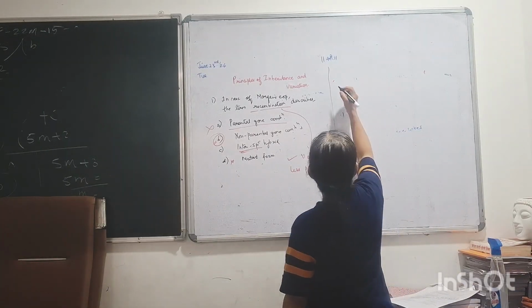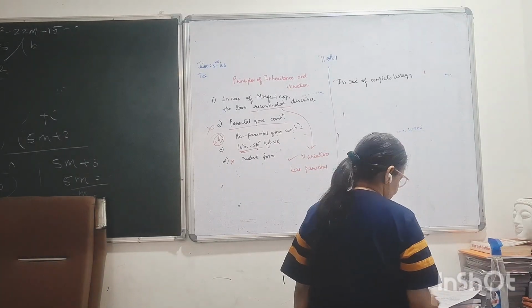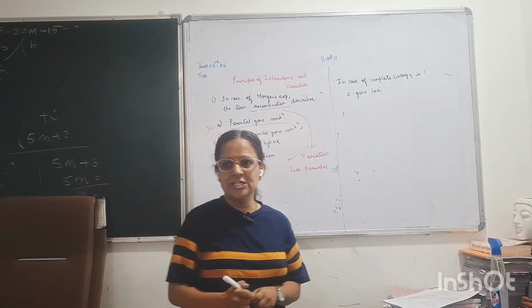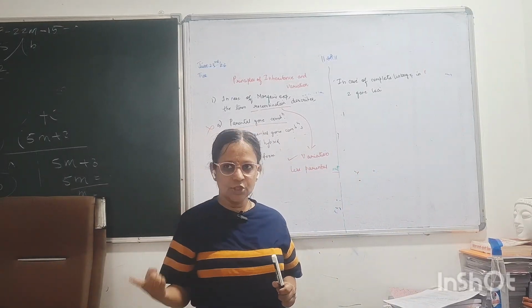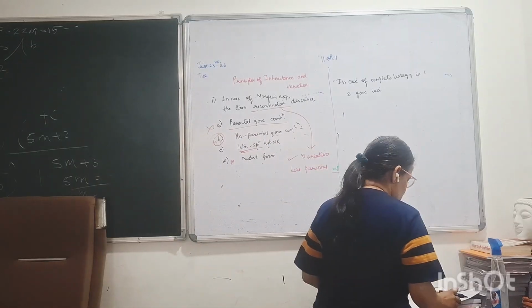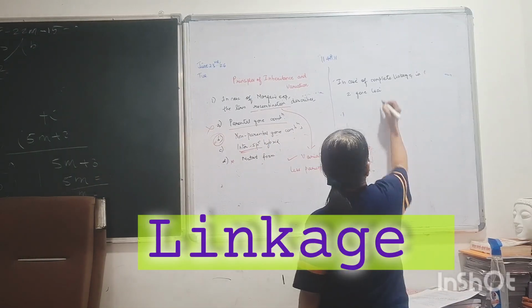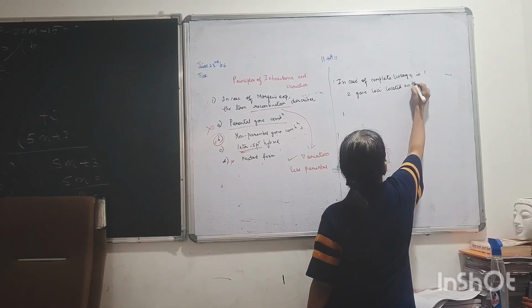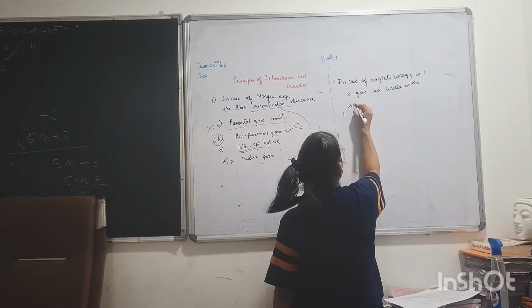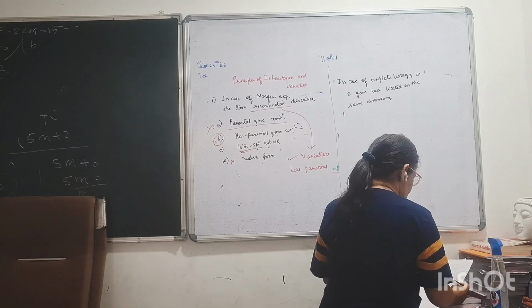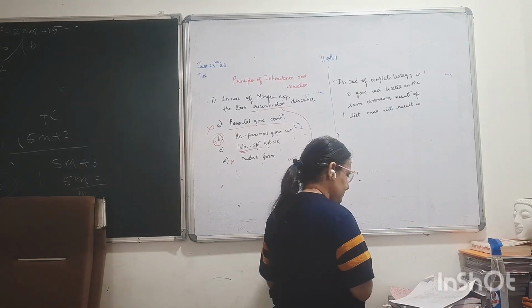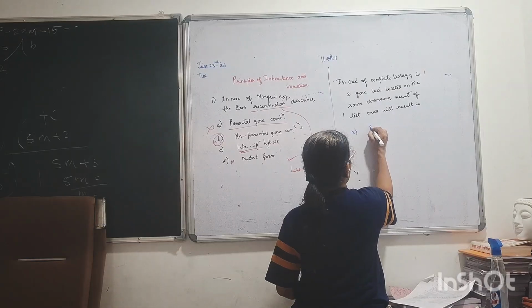In case of complete linkage, in two gene loci, loci meaning what? Locus. Locus meaning what? Position of the gene, right? So in two gene loci located on the same chromosome, result of test cross will result in, the options given are A, recombinant 25%,